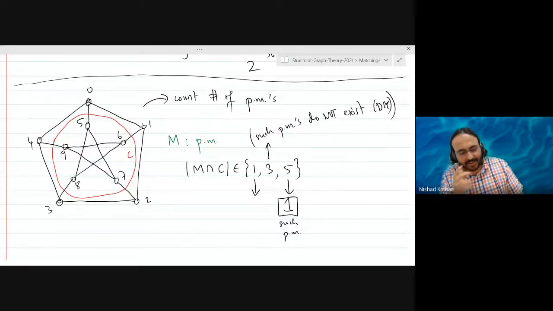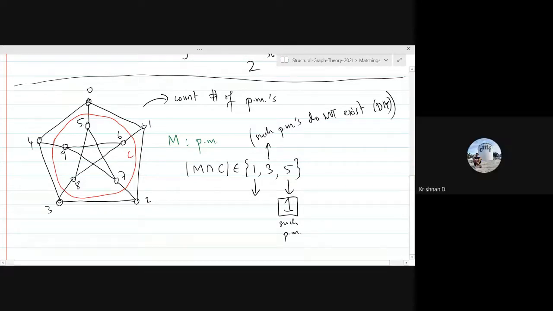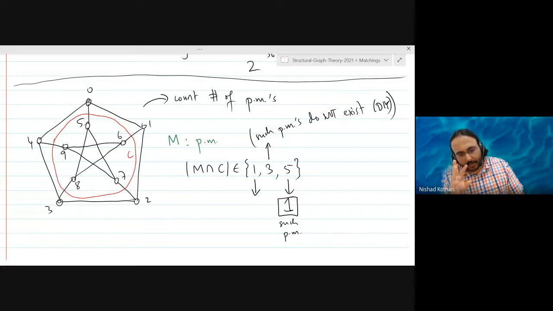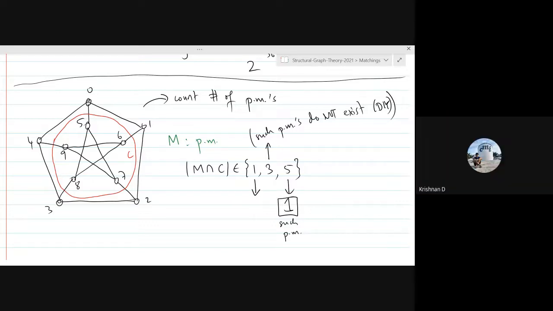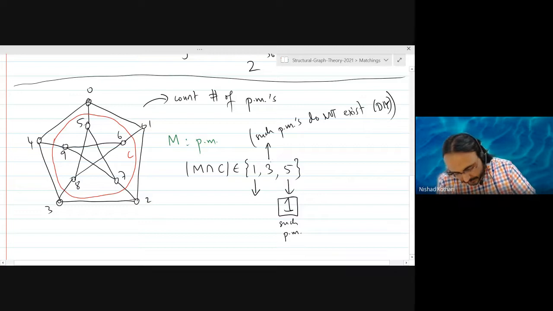Yeah, okay, what happens. So the graph is very symmetric. If you think about that, you can basically reduce it to two possible cases. And in each case, you can draw the remaining graph and see that you can't extend it to a perfect matching. Okay, sorry. So you get zero from this.